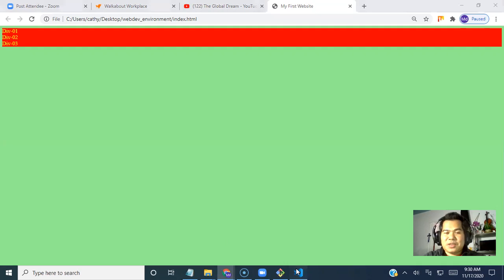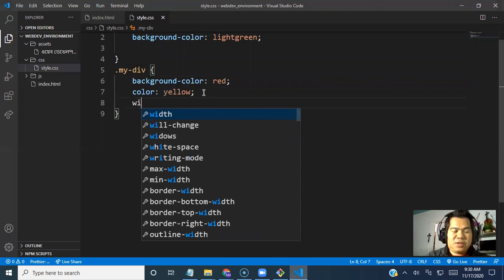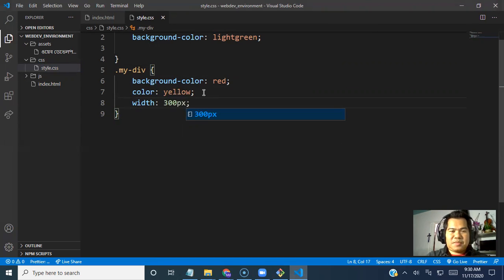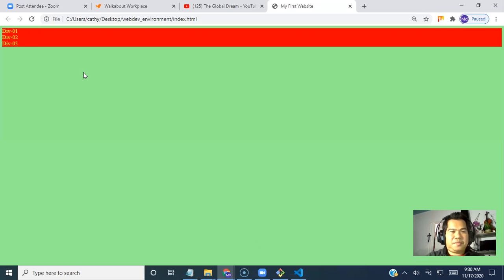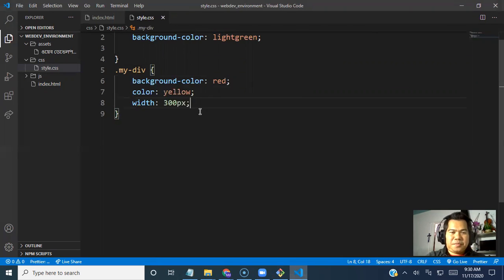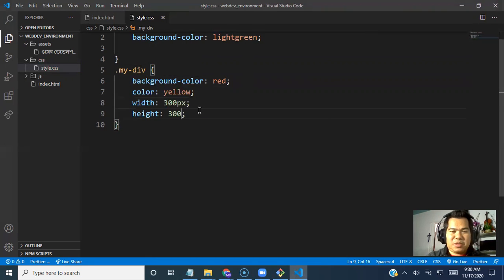Okay, yellow color, and I want width to be 300 pixel. Okay, and now you can check it. Okay, 300 pixel, and I want height to be 300 pixel. Okay, all right,